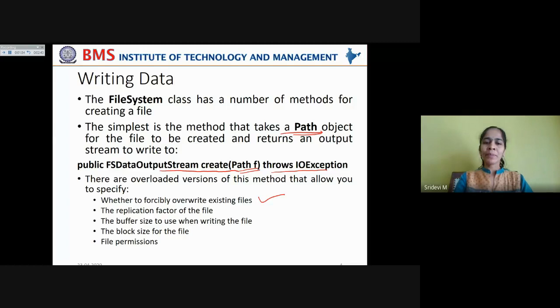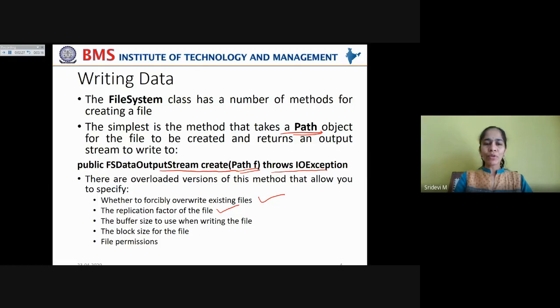Another functionality is that the replication factor of the file can also be specified. Say if you want to create the default replication factor 3, that can be done. Or if the data is frequently accessed, or if the data is very critical for the organization, in that case you can increase the replication factor so that you can store extra copies in case of any data loss or system failures, right?